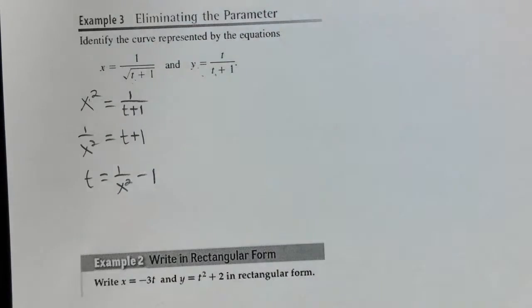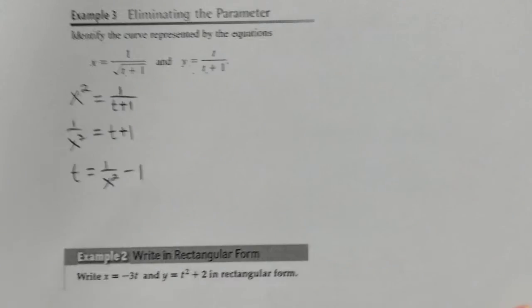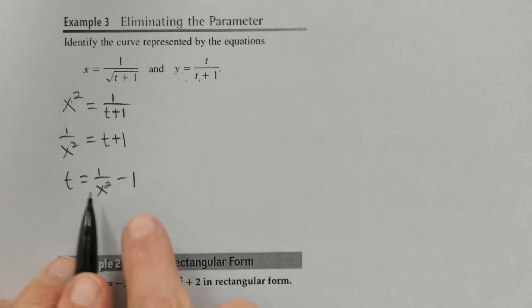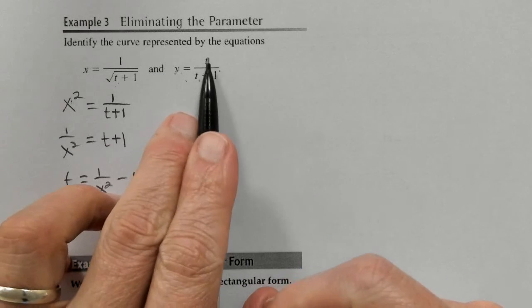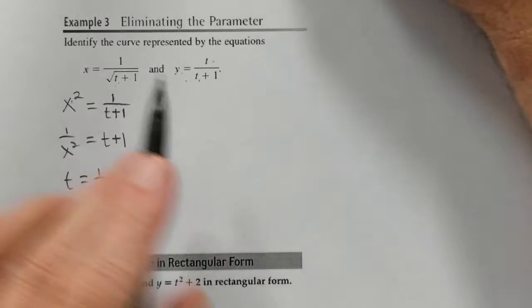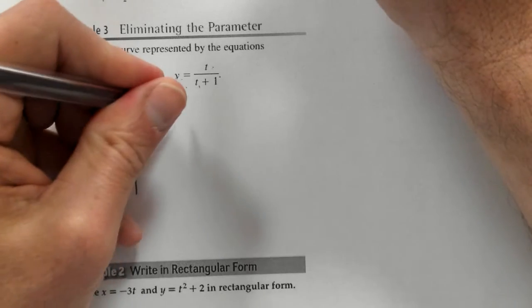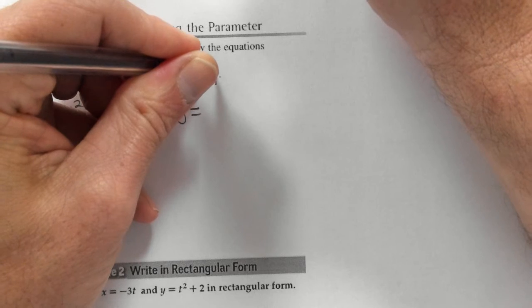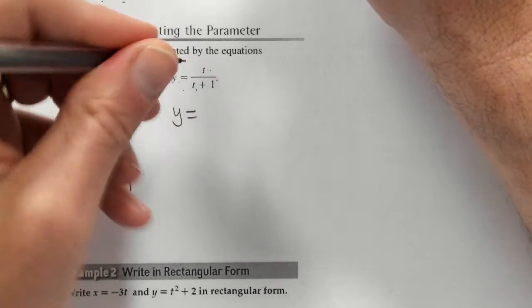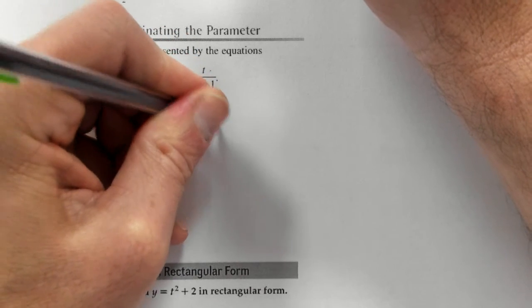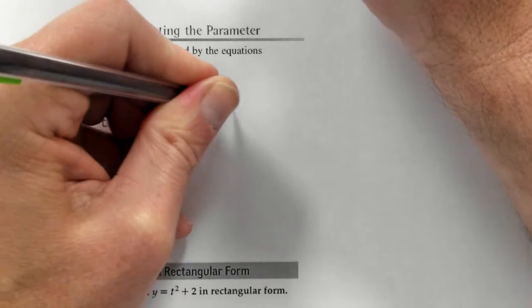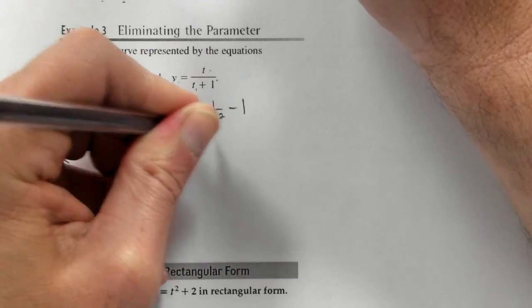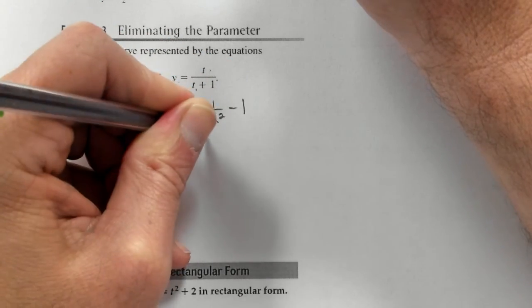So now we have taken that and solved it for t. And now I'm going to take this and substitute it in for t into that second equation, the y equation. So when I do that, it's going to look like this. Y equals, so in place of t, here's now what I'm going to have. 1 over x squared minus 1. And all of this is now going to be over